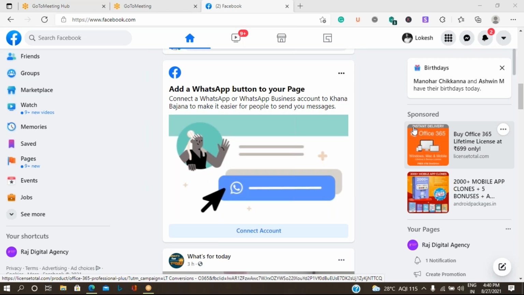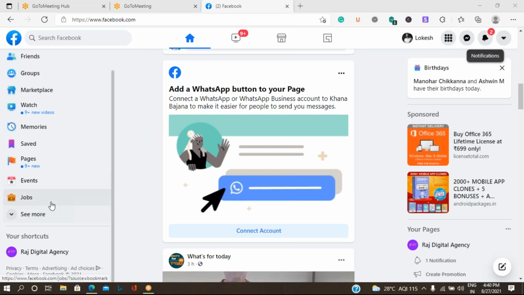Once you create the page and you log out from Facebook, and then come back and log into your business page, how you can switch from the personal profile to the business page is this: on the right hand side, below your account name, it will be showing, or on the left hand side at the last, if you scroll down the screen under your shortcuts, it will show the business page you have created.